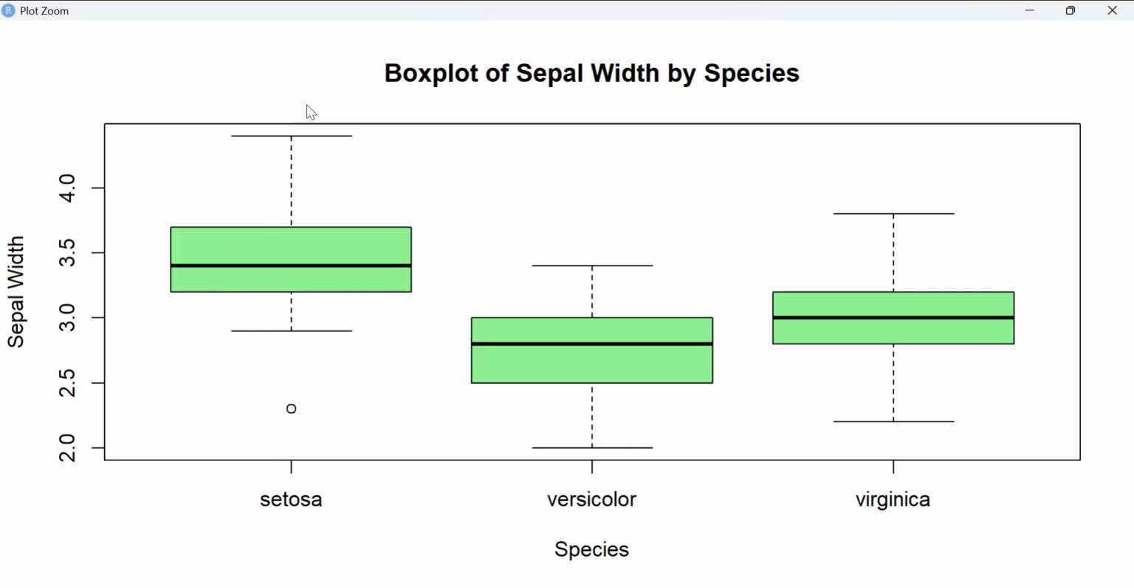A very long right tail here. And here, Versicolor has a slight skew to the left, right? And then Virginica has a normal distribution, symmetrical with respect to the median. And so that's a breakdown of the